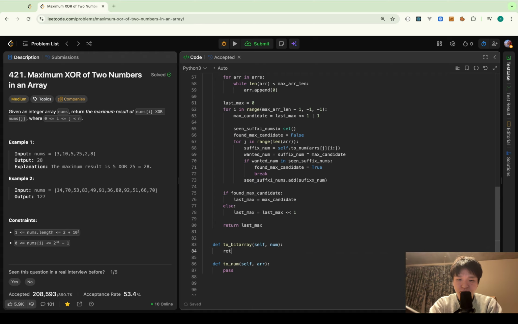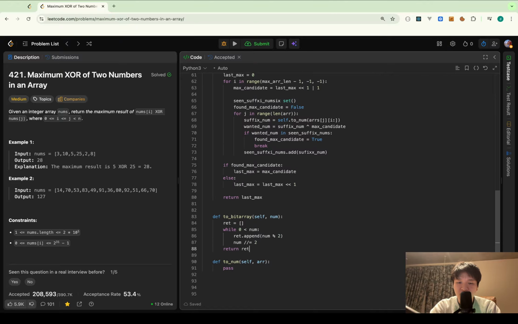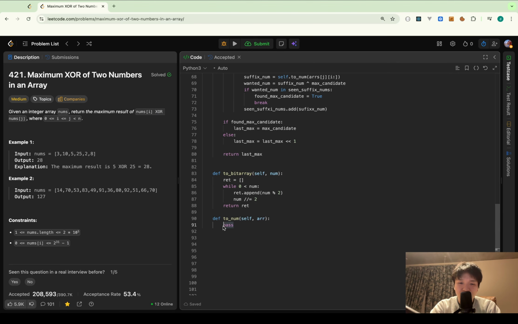Okay, so I can do it and I can return it. I don't explain this because this is quite basic. You can ask it in ChatGPT. And if I try to implement toNum method,